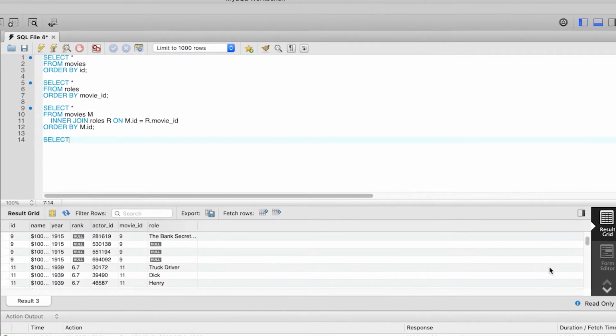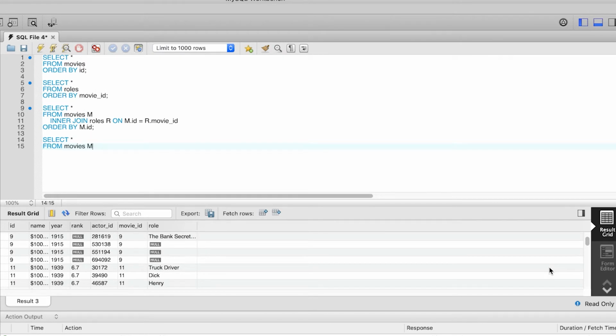So we are going to change now the inner join to a left outer join, with movies being the left table. So we type select star from movies M left outer join roles R on M.ID is equal to R.movieID. And we're going to order by M.ID.